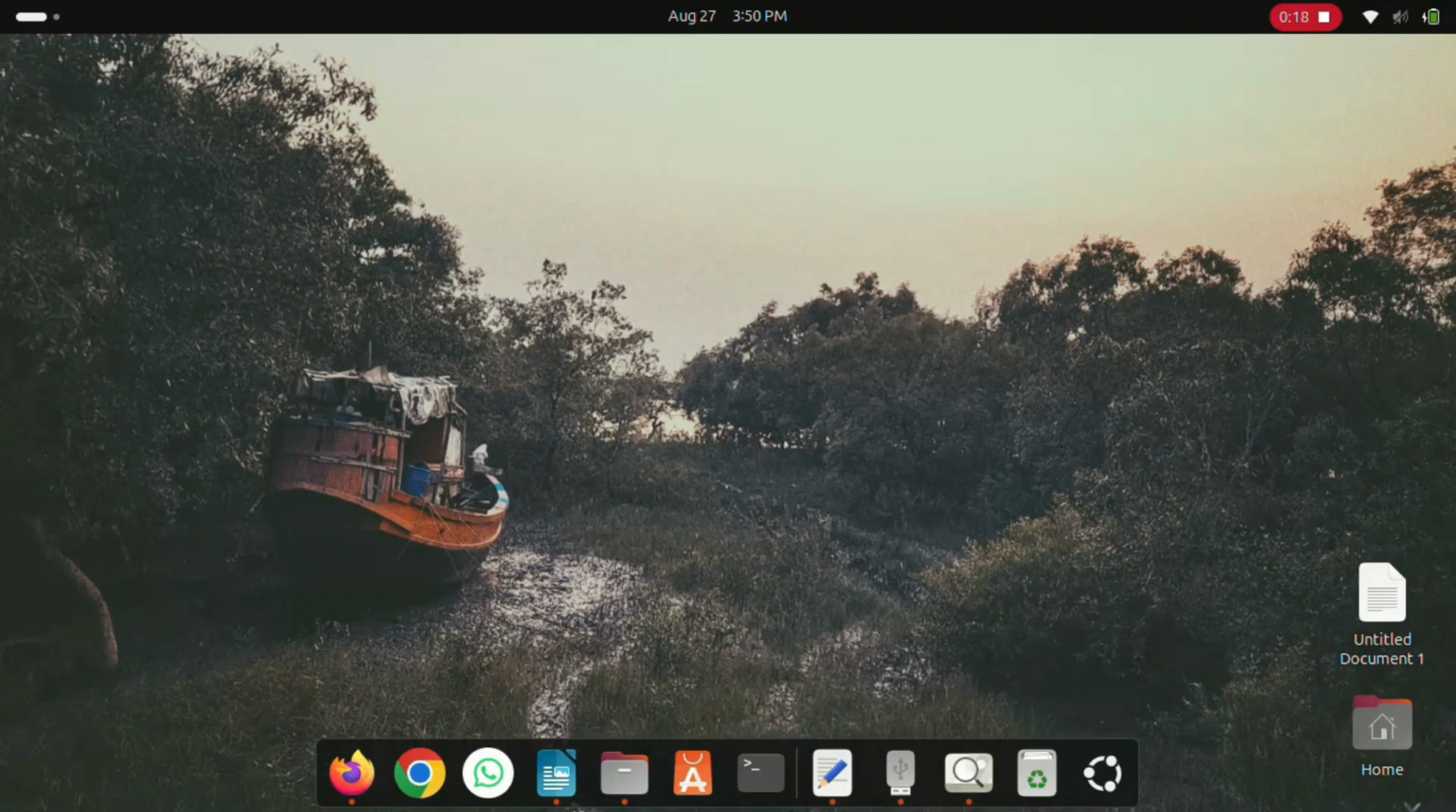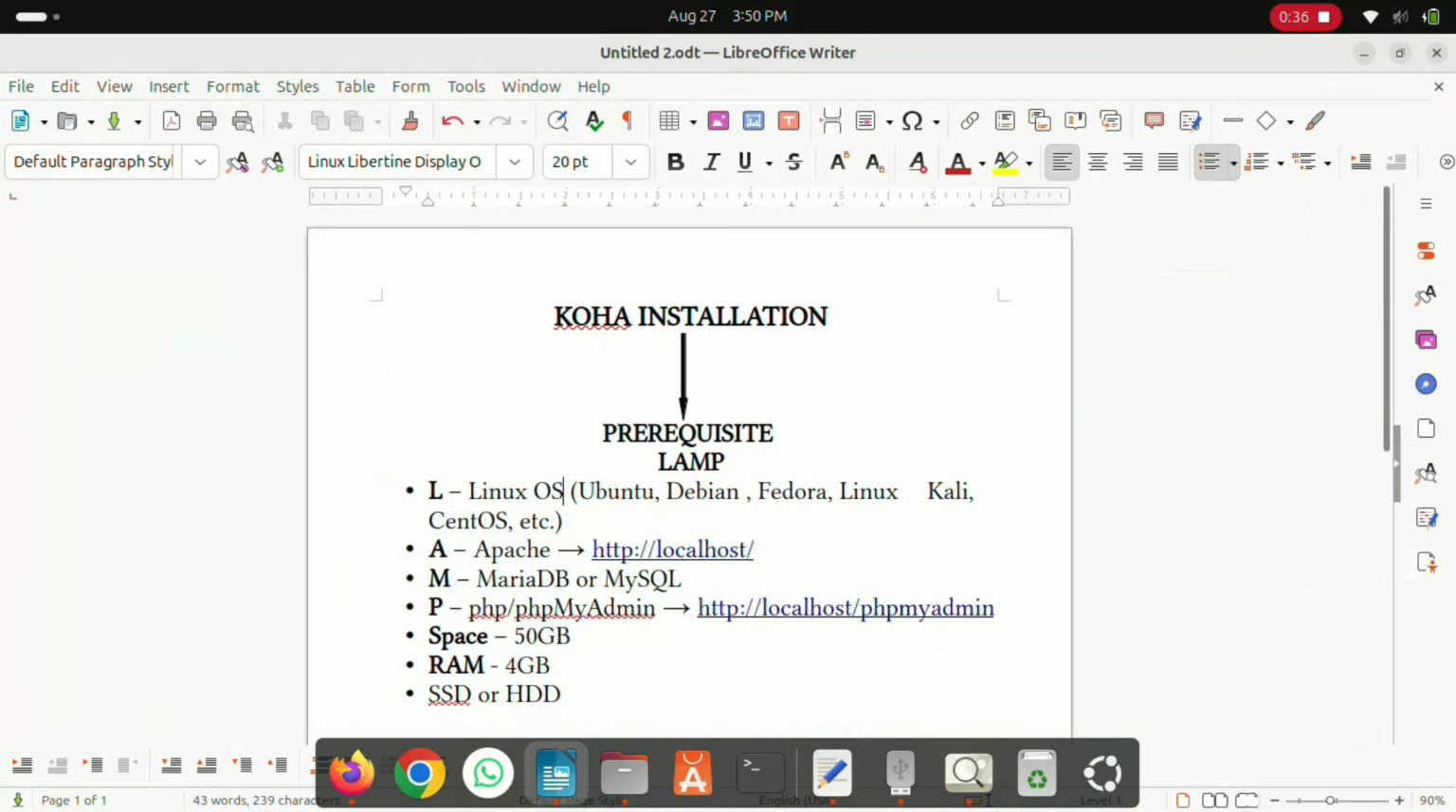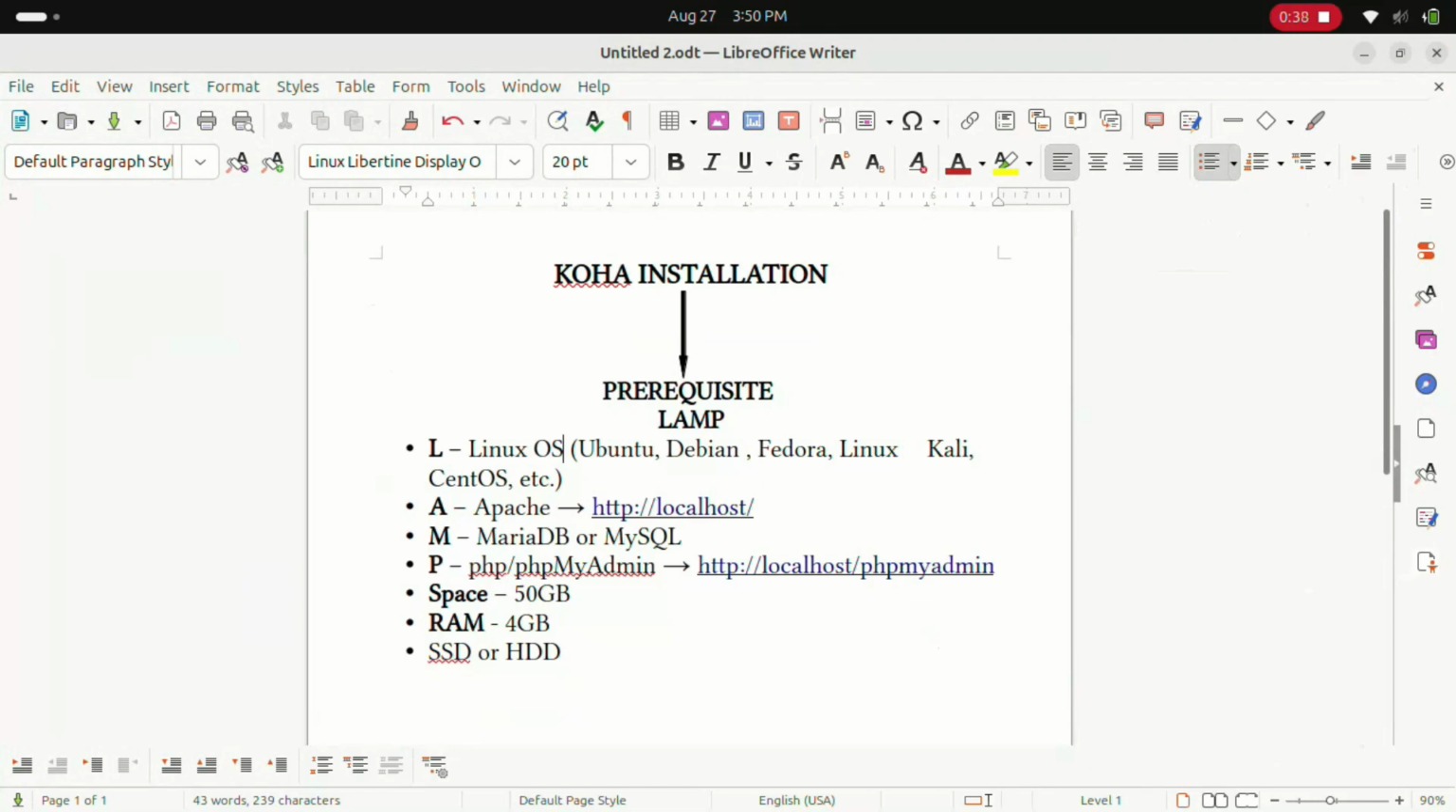In this video, I will show you the step-by-step process to install and configure Koha, that is your own library management software. To download, install and configure Koha, you will need some prerequisites. Basically, that prerequisite is termed as LAMP architecture. So what does LAMP stand for? LAMP stands for Linux OS, A stands for Apache, M stands for MariaDB or MySQL, P stands for PHP